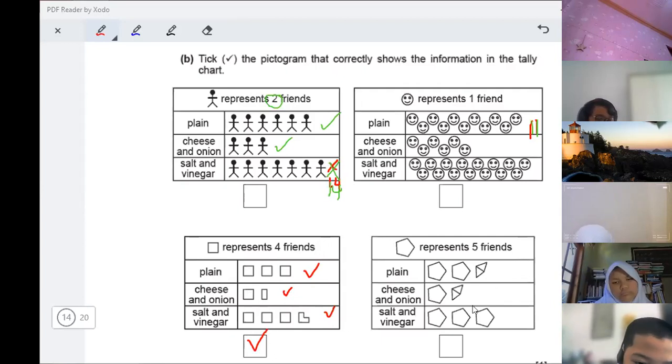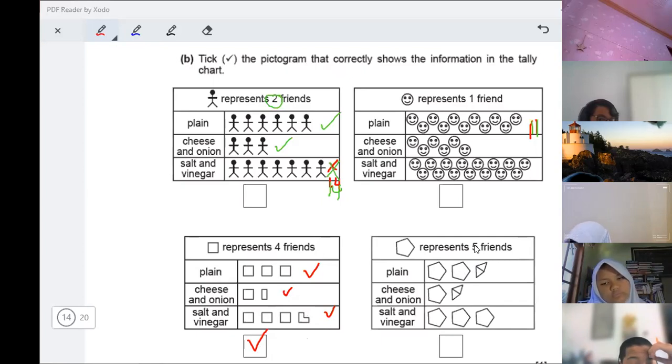Okay. When you are working on Cambridge checkpoint, we can have 2 or maybe 3 answers. Yeah, it's not always 1. So don't stop only after finding this, yeah. Please continue on this one.